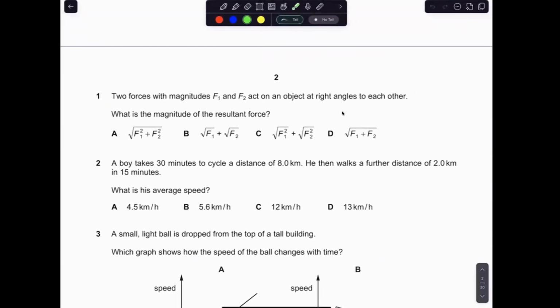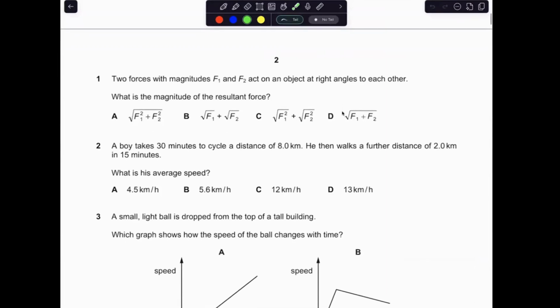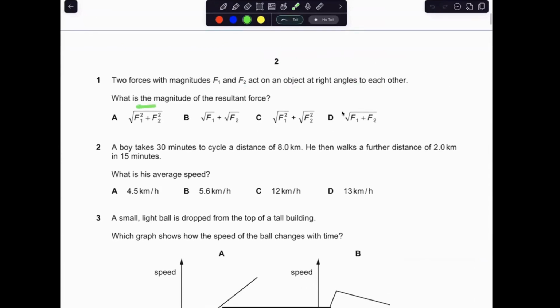So we'll start with number one, where two forces with magnitudes F1 and F2 act on an object at right angles to each other. They just want to know what is the magnitude of the resultant force. So this is just simply using,